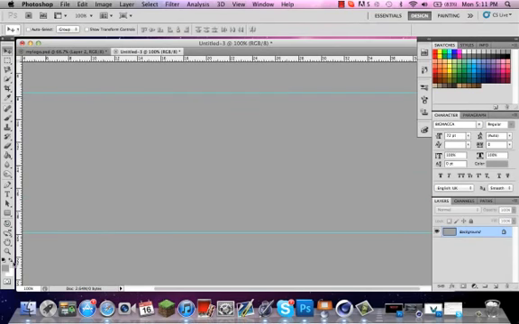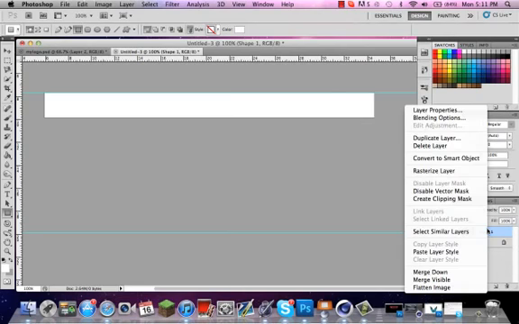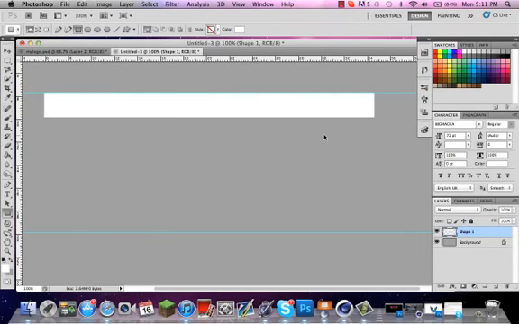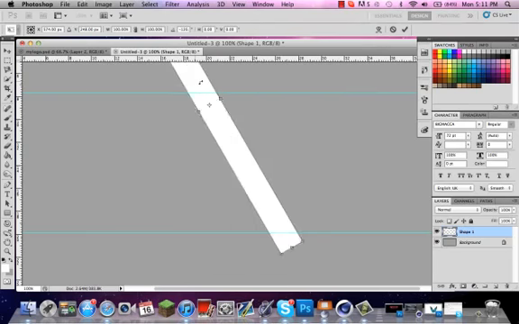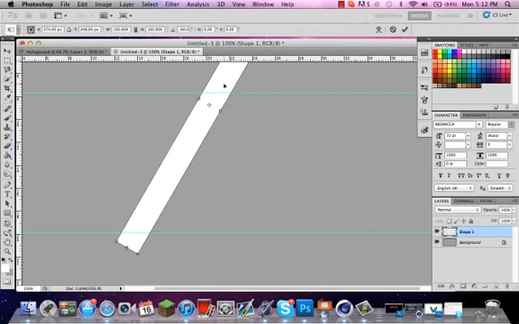Now I know some people like to pen tool theirs out, but I found an easier way. You just use the rectangle tool, so you can drag out a rectangle that you think looks good. It doesn't really matter, it's personal preference obviously. Rasterize that layer, and I'm going to make a word, tut. That's what I'll make. So you just want to rotate it until you think it looks good. I'm going to go with there